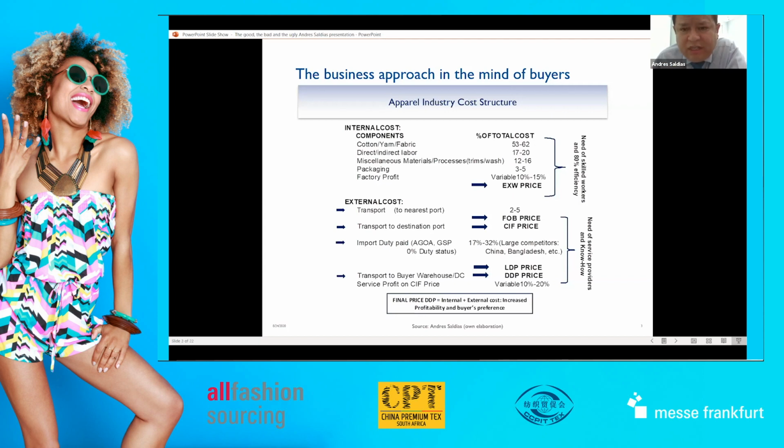What the buyers understand in this portion is that in order to reach a competitive price, you need skilled workers. That means that the sewing processes have to be extremely competitive in terms of efficiency, okay? Reaching an 80% efficiency, I've seen that efficiency in countries like Indonesia, of course, in China. I've seen some in Bangladesh, some in Vietnam, some in Central America like Honduras and Peru. But in the majority of factories, the efficiency is between 45 to 65%. So that increases the price.